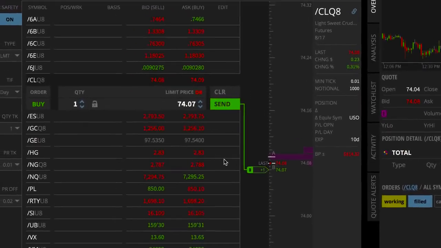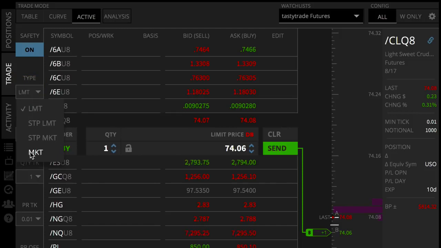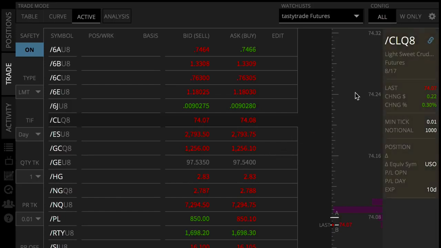Additionally, when setting up trades on the active tab, I have the ability to change the quantity as well as the order type. So with futures, I can set up limit orders or market orders, or if I have a position on and I want to put a stop in place, I have the ability to use a stop limit or stop market. Finally, for any symbol that you select on the active trader tab, you'll notice some additional details